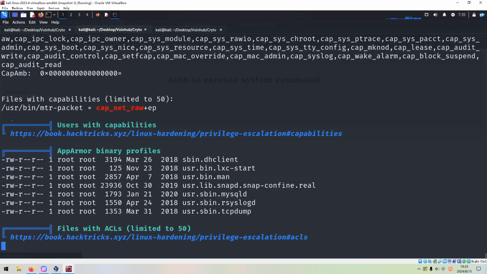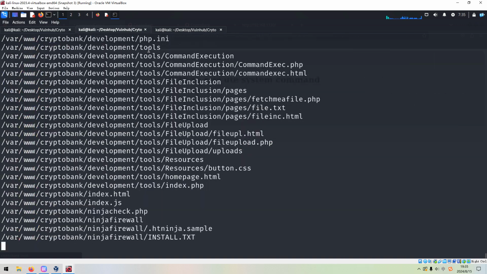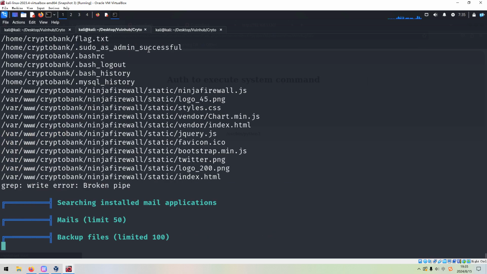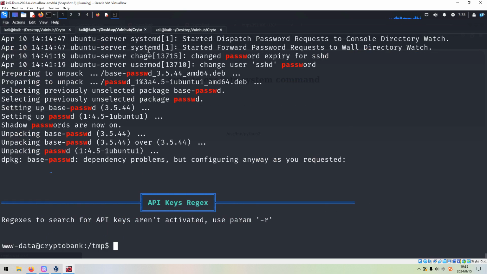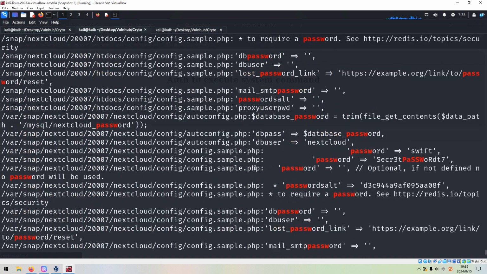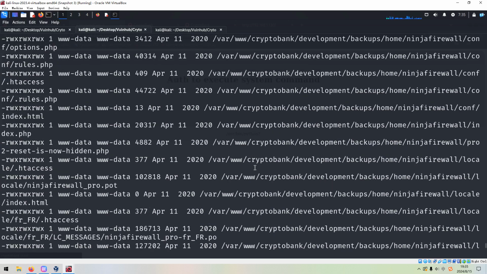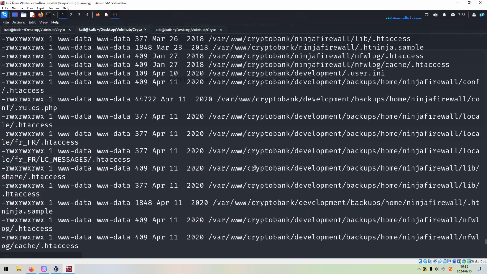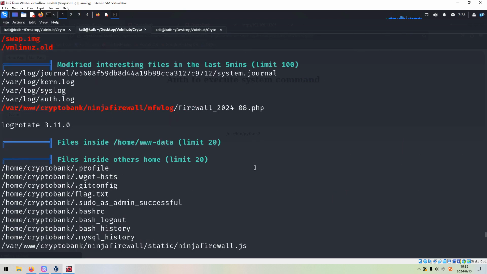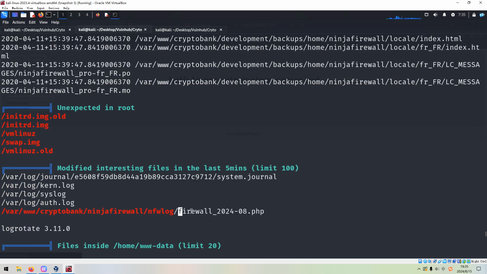LinPEAS shell script is so great in terms of the enumeration and can extract so rich information. It's done, and then we can scroll up to see whether we can find anything weird or interesting. So it has some firewall running.